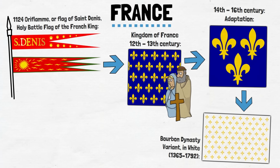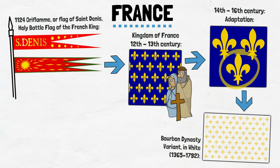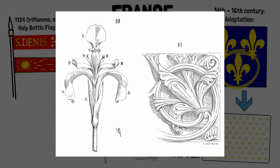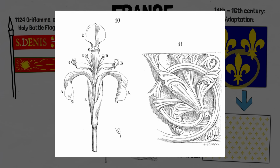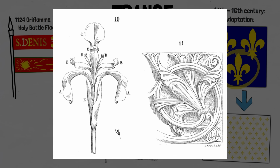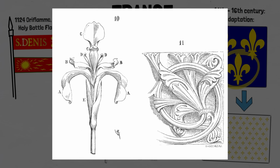century Bourbon Restoration. The fleur-de-lis is the stylized depiction of the lily flower, and it became one of the most common medieval royal symbols. The origin of them is uncertain. Some say it comes from the depiction of lilies, as these were commonly growing along the region settled by the